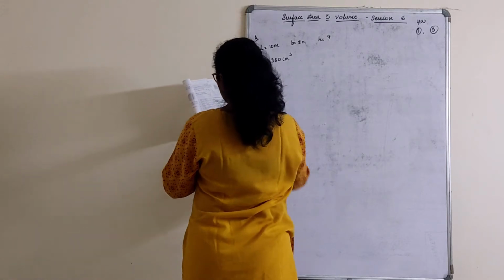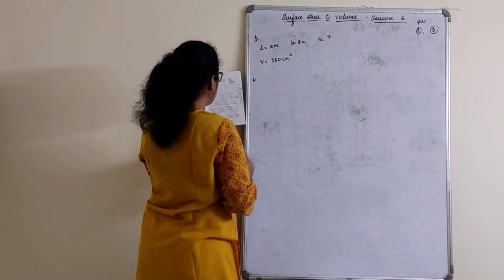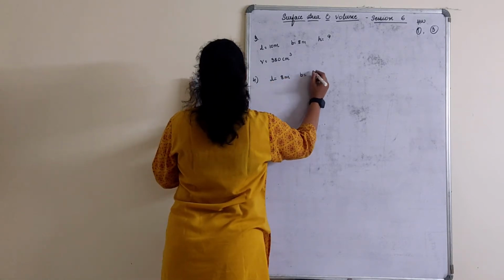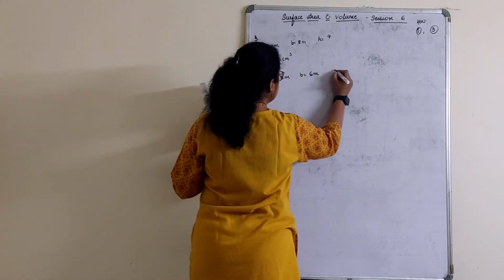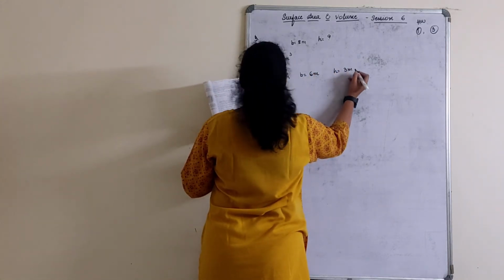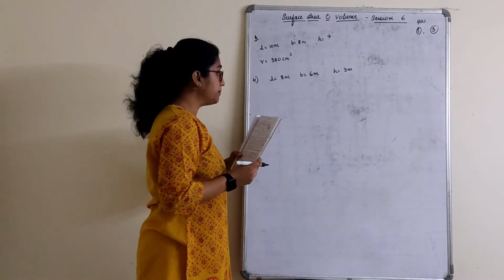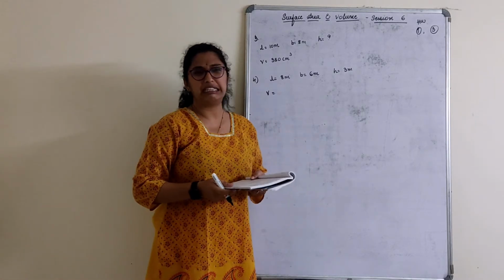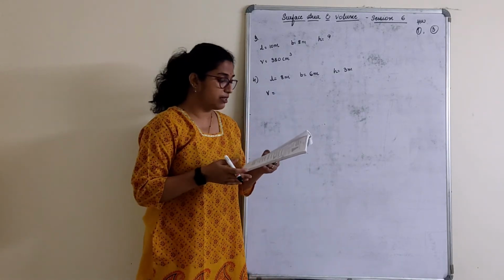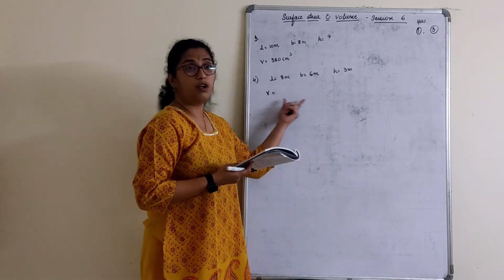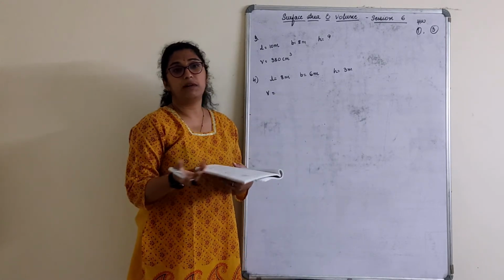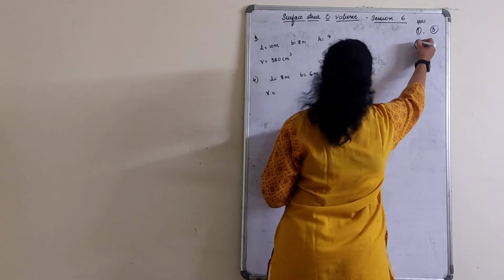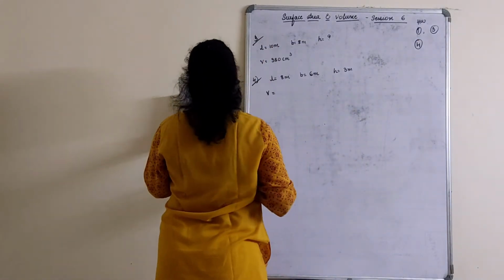Fourth one. Find the cost of digging a cuboidal pit of length 8 meter, breadth 6 meter and deep, deep is always the height, 3 meter, at the rate of rupees 30 per meter square. First find the volume. Answer you get. For 1 meter square the cost is rupees 30. These are all basic sums. Multiply the volume answer into 30. Direct questions. You can expect these type of questions for 1 mark, not more than that. Fourth one as well I have marked for homework.